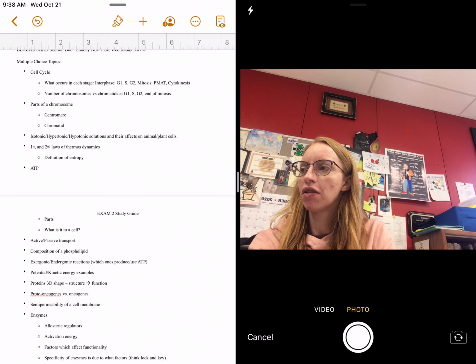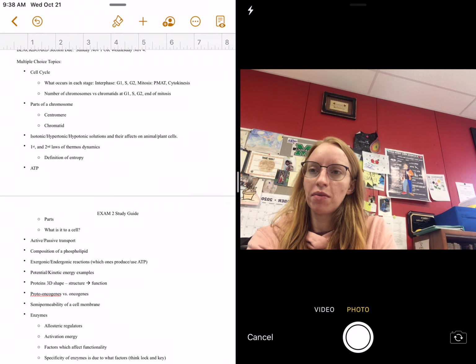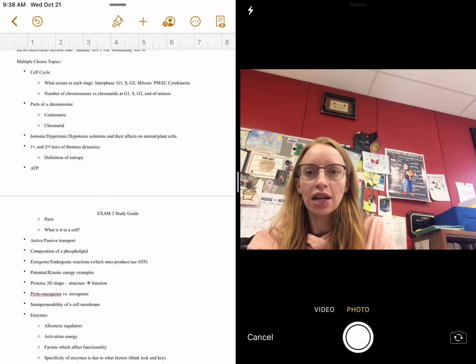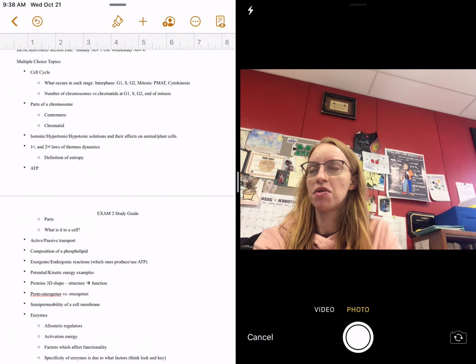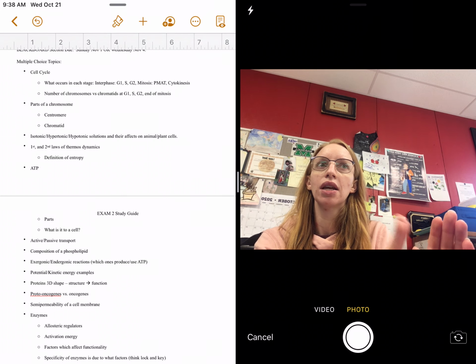It asks you about your first law and your second law in thermodynamics. Your first law of thermodynamics says that energy cannot be created or destroyed. It can only change form. And then your second law of thermodynamics talks about how everything's always going towards a state of chaos,